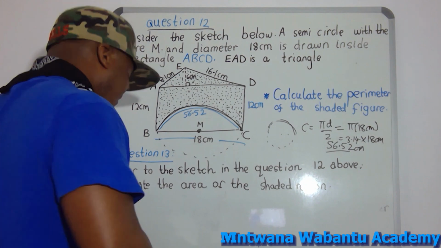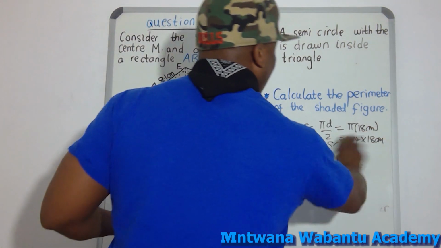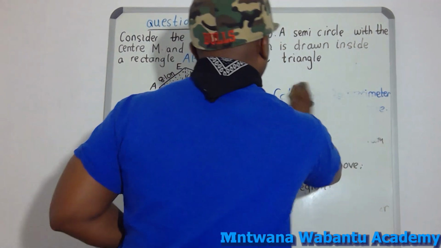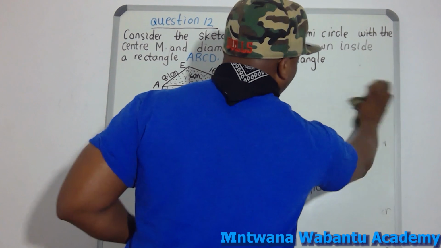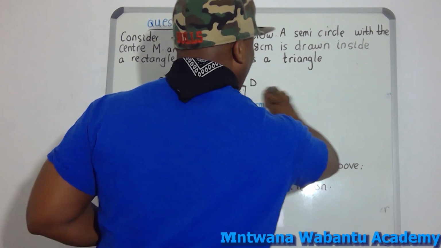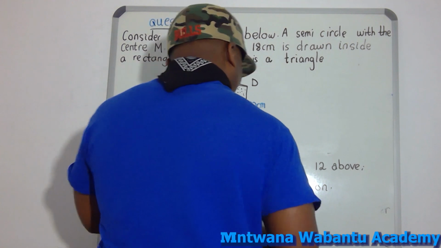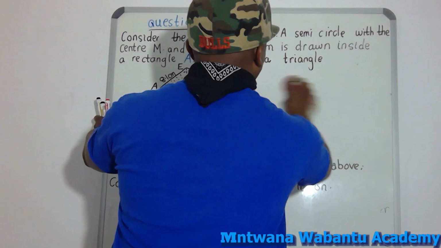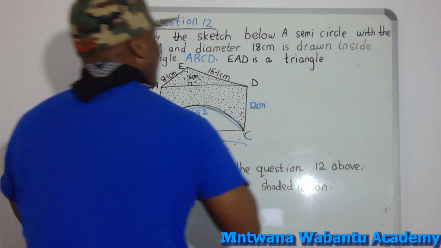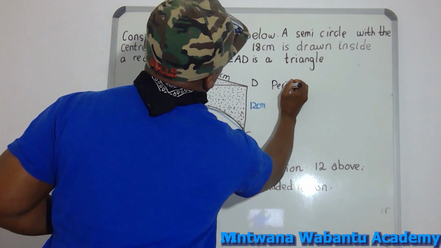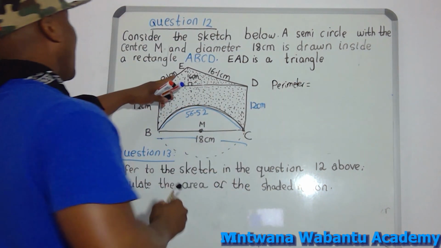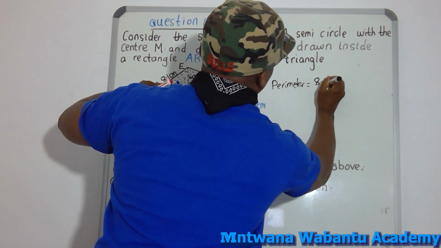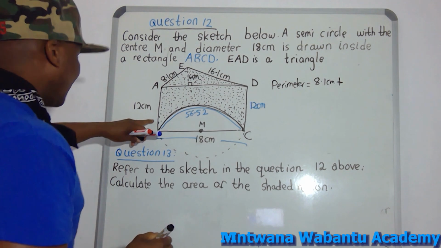Now I can make a space here, so we can finish up calculating the perimeter of the shaded figure. So what we're going to do is add all these lengths. We will say perimeter of the shaded figure. I'll start from the 8.1 centimeter plus 12 centimeter